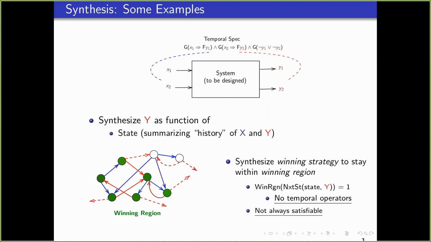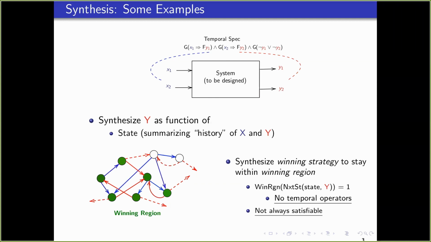So that does not tell you what you must do from an individual state. It gives you the next set of states in the fixed point computation, but it does not necessarily tell you what is the move from each state. The winning region computation is a calculation on sets of states.